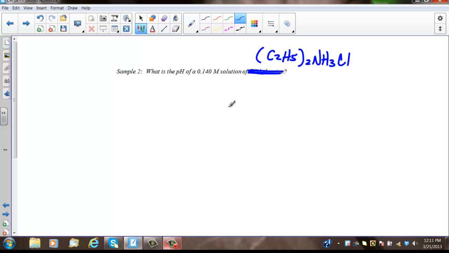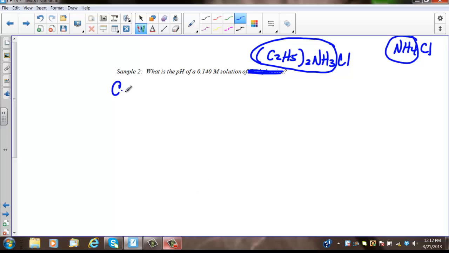So, a couple of things. Don't let the size of the molecule scare you. This is just like looking at NH4Cl, where this is the base part and this came from the acid. So this whole thing basically came from the base and the Cl came from the acid. We are starting with (C2H5)2NH3. We got rid of the Cl because we don't care about the Cl in solution, and we are adding